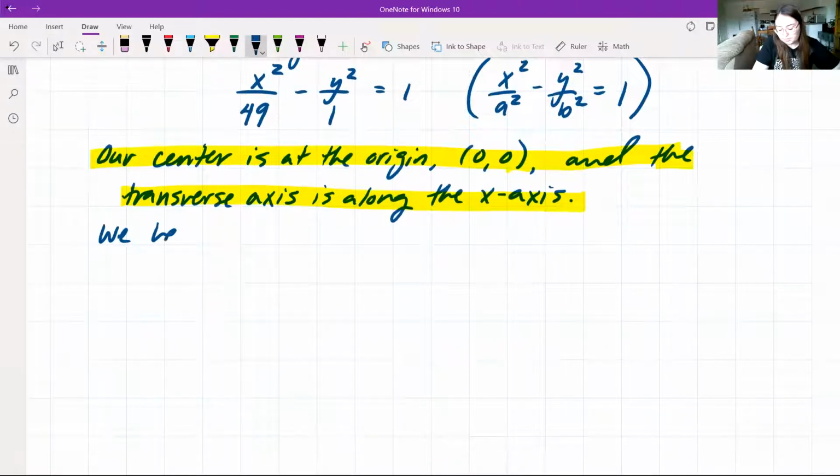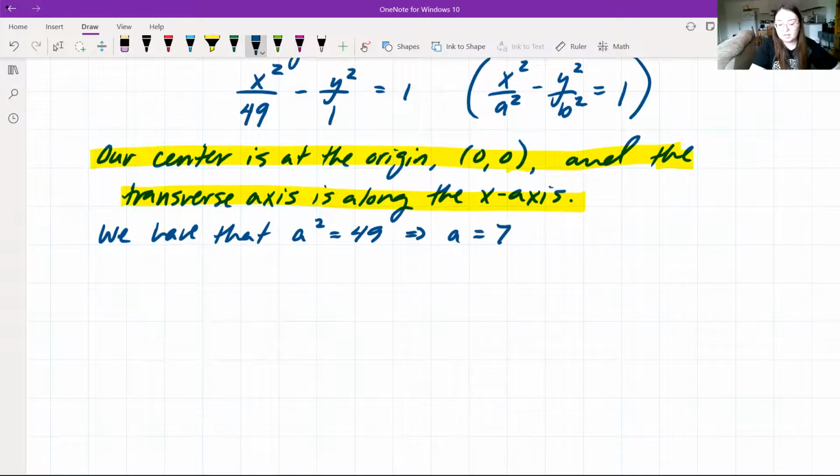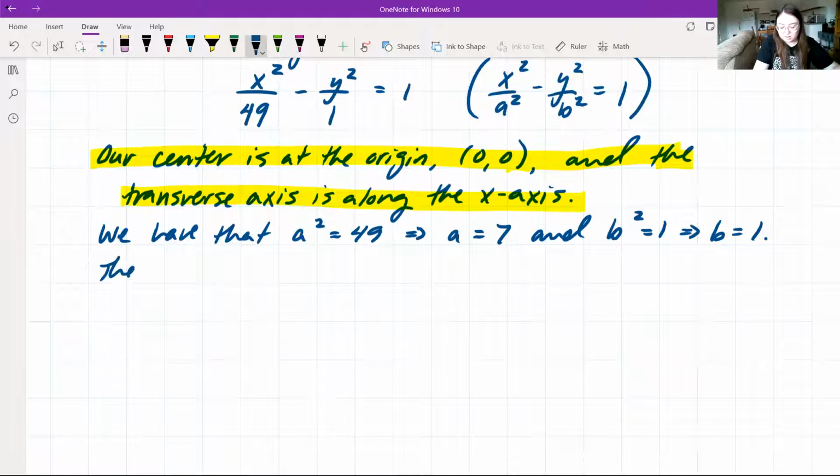Then we have that a squared is equal to 49, which means that a is equal to 7. We also have that b squared is equal to 1, which means that b is equal to 1. So we found our a squared and we found our b squared, which gave us our values of a and b. Then we know that the vertices